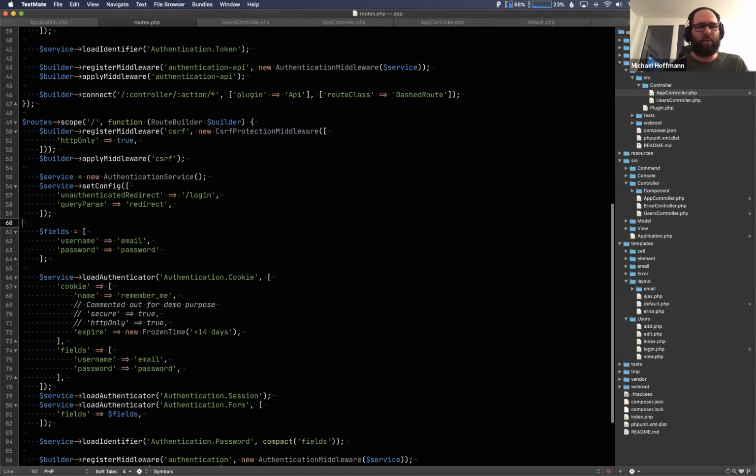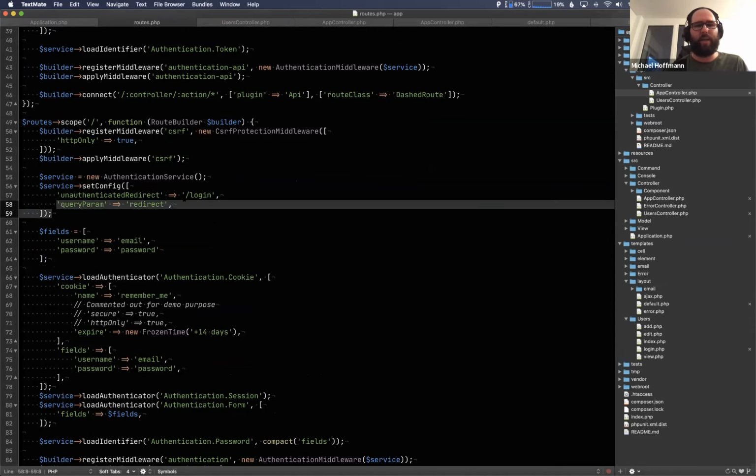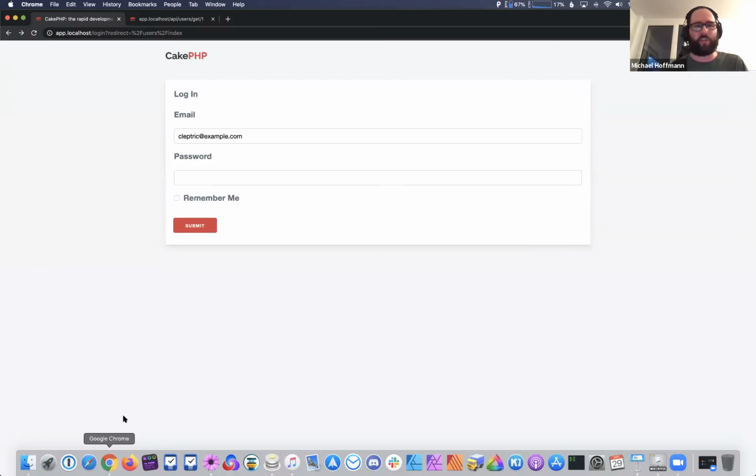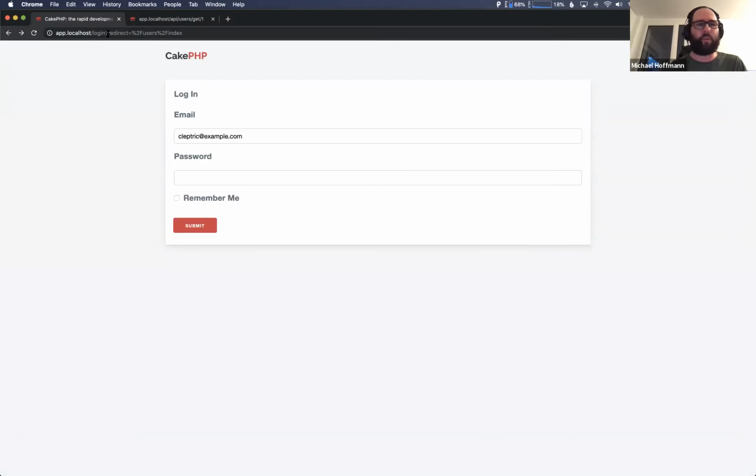Yeah, so the way you do this, you simply pass the unauthenticated redirect and it will redirect you to the login page. And if you set a query param, it also includes the requested resource, which is quite nice. So as an example,